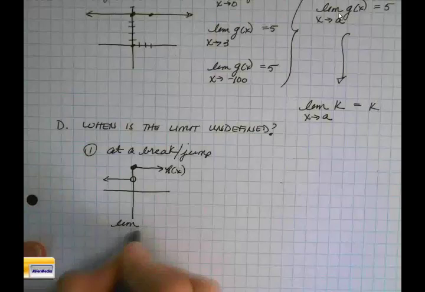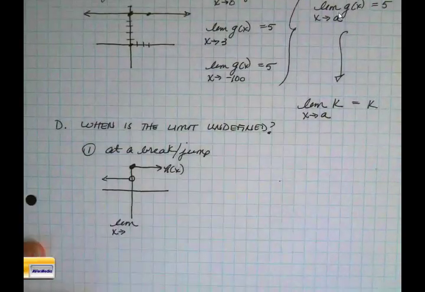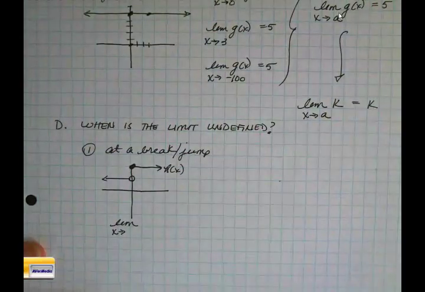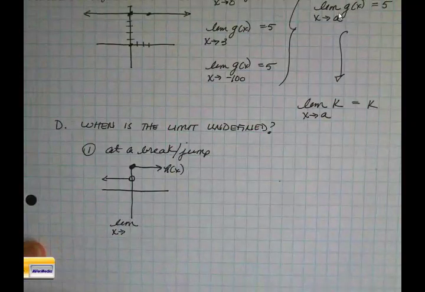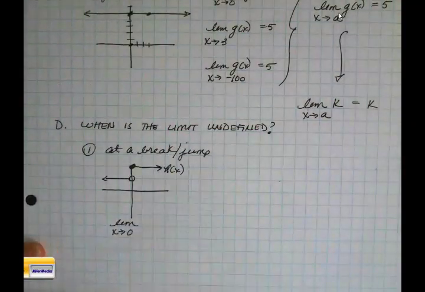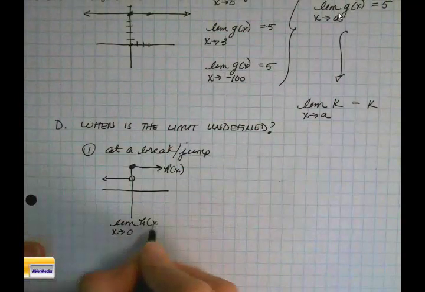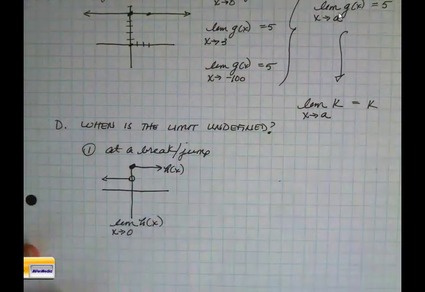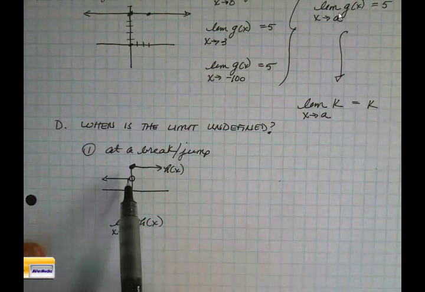Then, of course, they're going to ask the limit at what x value? At 0, because that's where there's a problem. The limit's great. The height of the function is no issue anywhere else. But at 0, we're going to have an issue. So the limit of the function, whose name is h of x, as x is approaching 0, is asking the